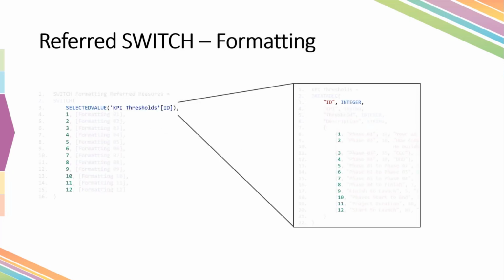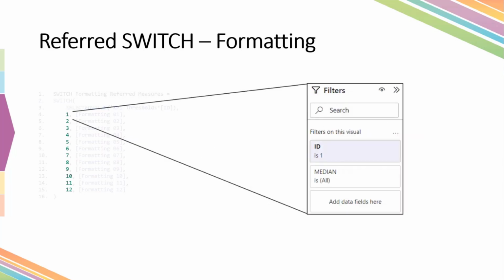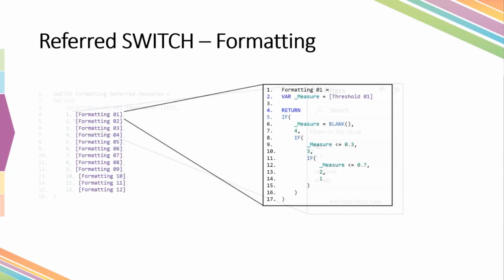And in the formatting function, I can do exactly the same thing. I have the same exact buildup. So it takes the ID in the data table as an input, depending on the ID, which I control over the filters. It then executes the formatting function. In this case, I already have the threshold function set up, and I can just refer to it via this measure. And depending on if the median value, or the percentage, is under 30%, 70%, 1, or even blank, it controls the conditional formatting of the visual. And I can use those two measures as inputs for all of the visuals.